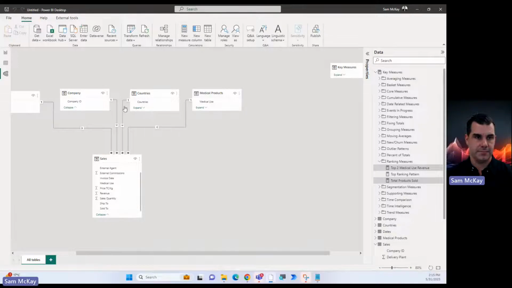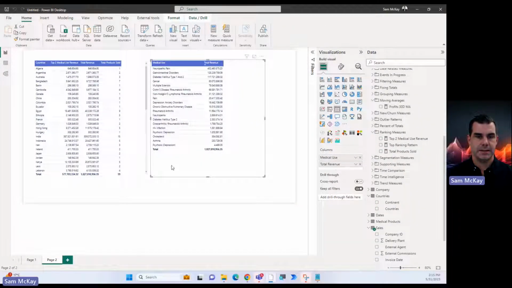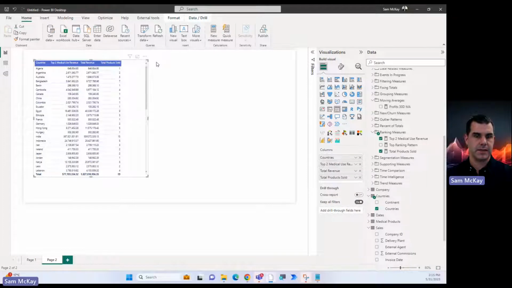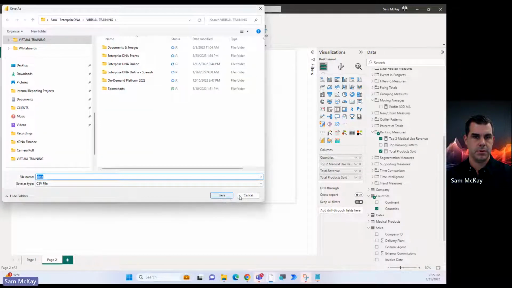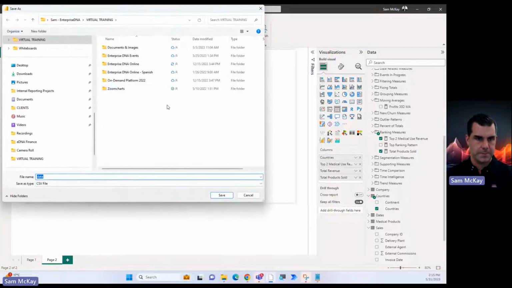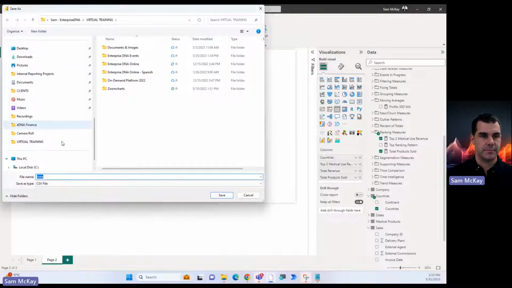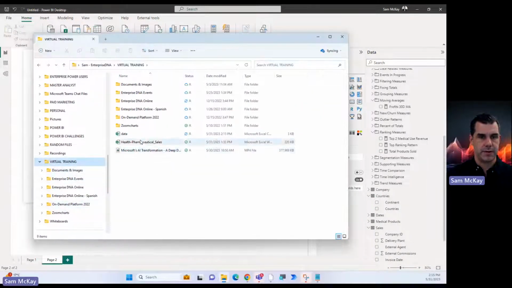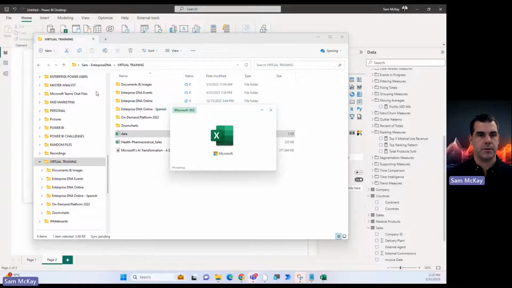One of the other things that I love, okay, is I want to show you this. What you can do, and this to me is quite transformational as well, is check this out. I can export this data, okay? I'm sure the Copilot that they place in here at some point is going to really enhance this. I can go and grab the actual data itself, so I can open it up and grab it.